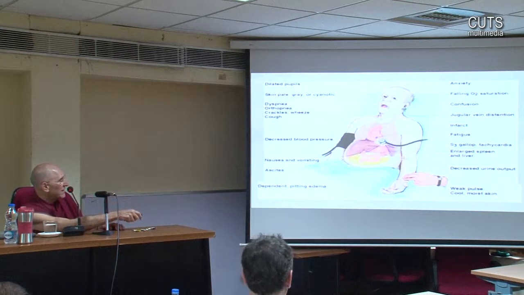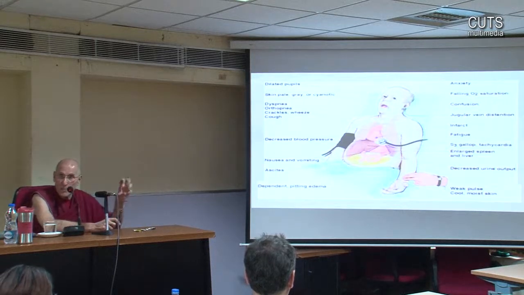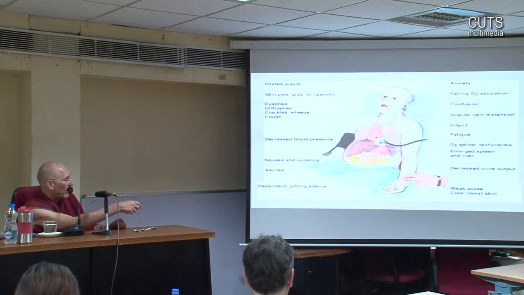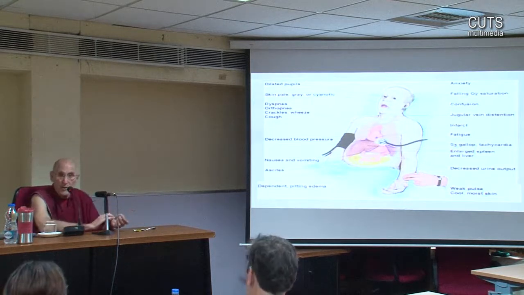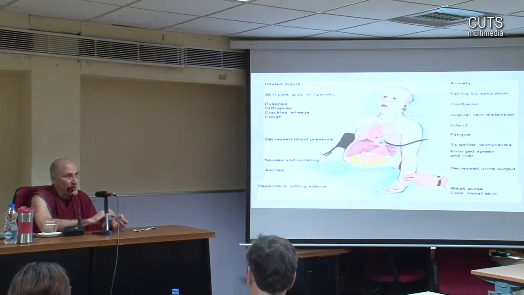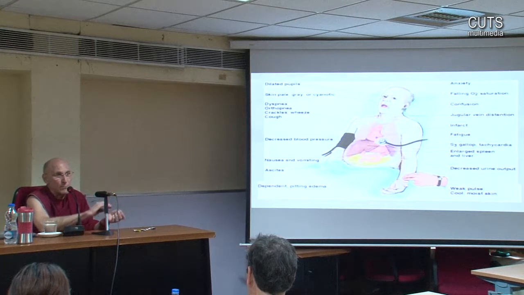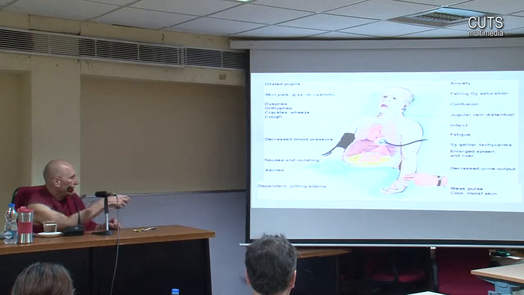Enlarged liver and spleen. We couldn't check her, but I'm sure her liver and spleen were big. Decreased urinary output because they're just not pushing the blood through, so the kidneys are not working. And she had that. She had, in fact, no urinary output for quite a while. And a weak pulse because she doesn't have good blood pressure. So when you put your hand on, for example, the radial artery, rather than boom, boom, boom, it's like boom, boom, boom. Not very strong. Okay? Good.